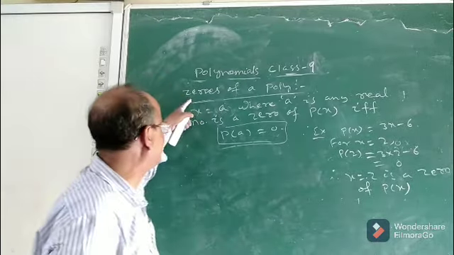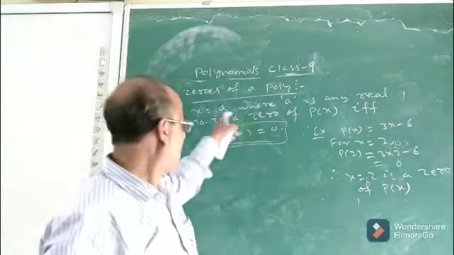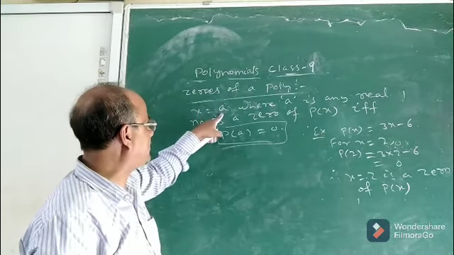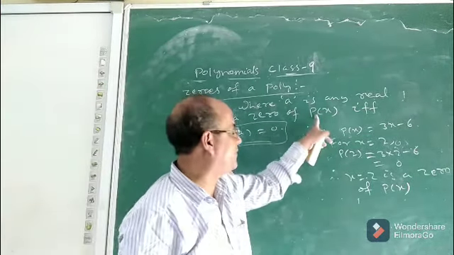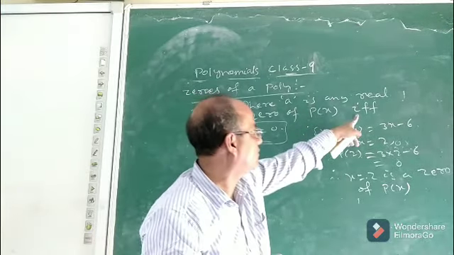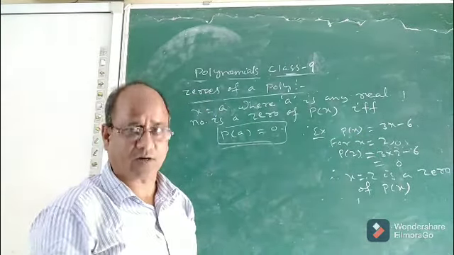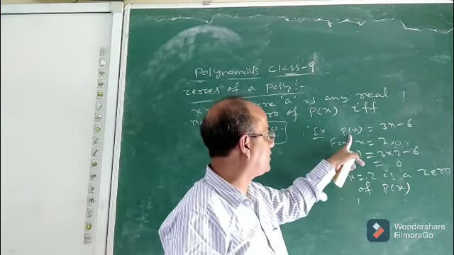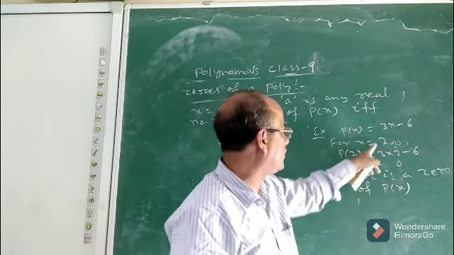That means what I have written here, x equal to a, this is the definition. I am just trying to explain the concept of 0 of a polynomial. X equal to a, where a is any real number, is a 0 of the polynomial p of x, whatever the degree may be, first degree, second degree, third degree, whatever. The condition is if and only if, meaning both necessary and sufficient conditions are true: if p of a equal to 0. Here is an example. Suppose a polynomial in variable x is given by 3x minus 6. Now, suppose you took x equal to 2.